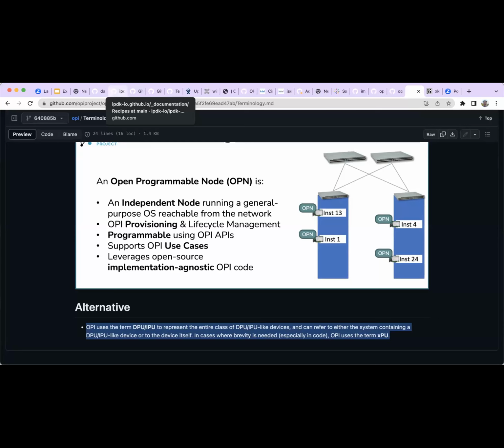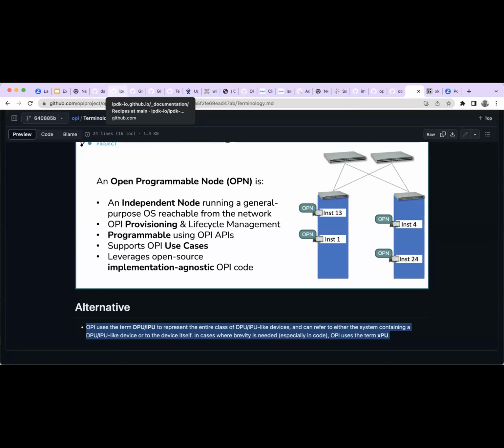So I'm going to argue against making a change, because we've been this way the whole time. That isn't what's hurting us. That isn't what's important, so we just leave it. What we're talking about is in the code, where you need a term to represent these single board computers that have all the stuff we associate with DPUs, IPUs, smart NICs, and that sort of thing. In the code, we need a short set of letters to represent it.